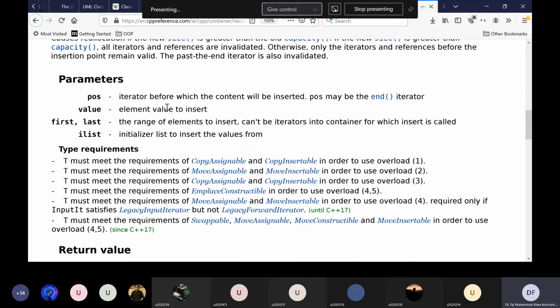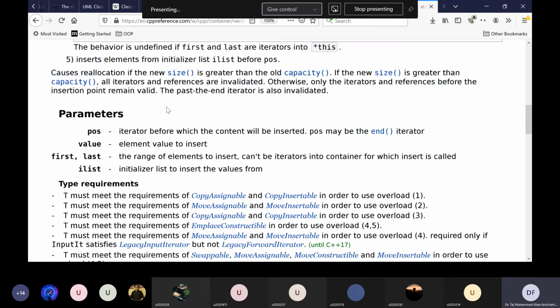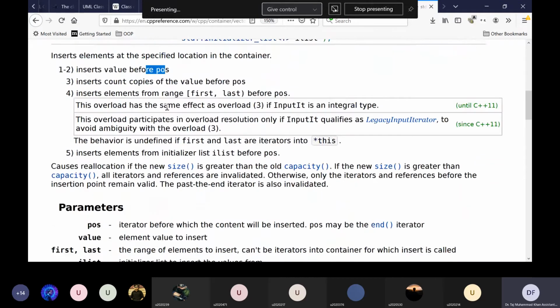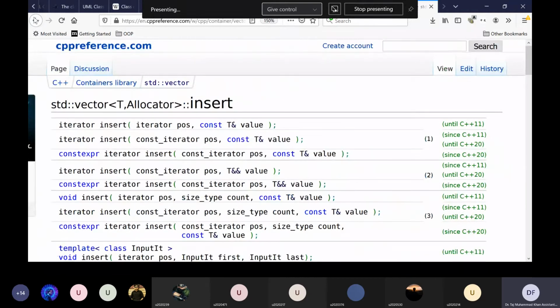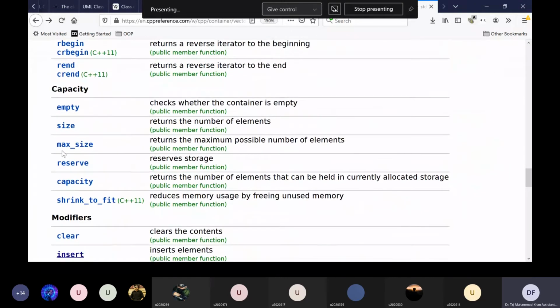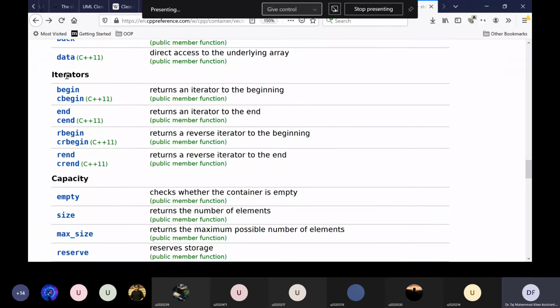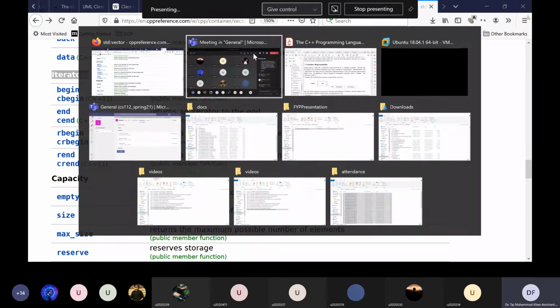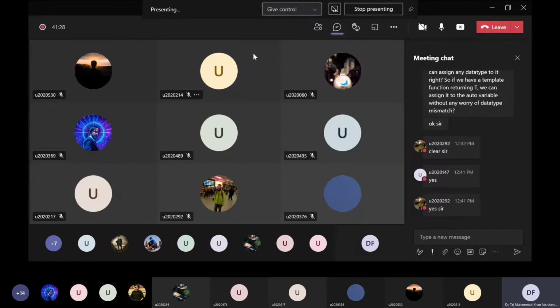But that position is an iterator, so let us, I think, first study iterators and then we can talk about it. So standard library containers come with this concept of an iterator. Have you heard the word iterator before or something similar?